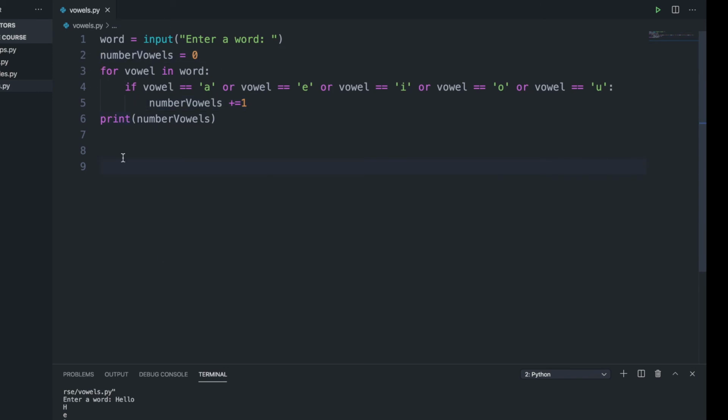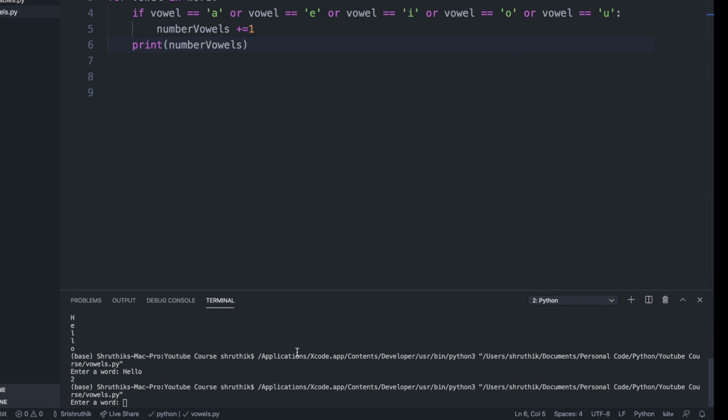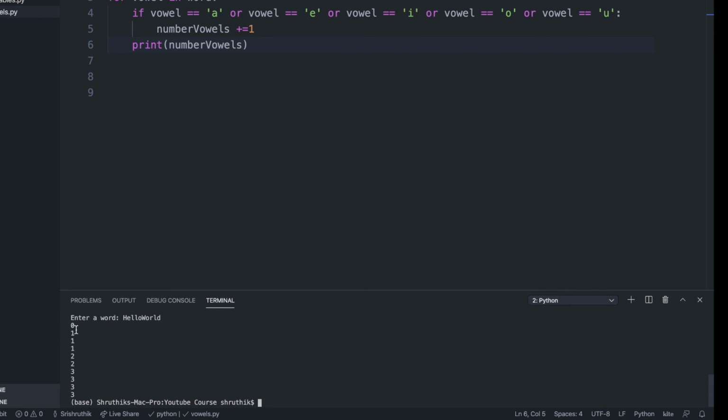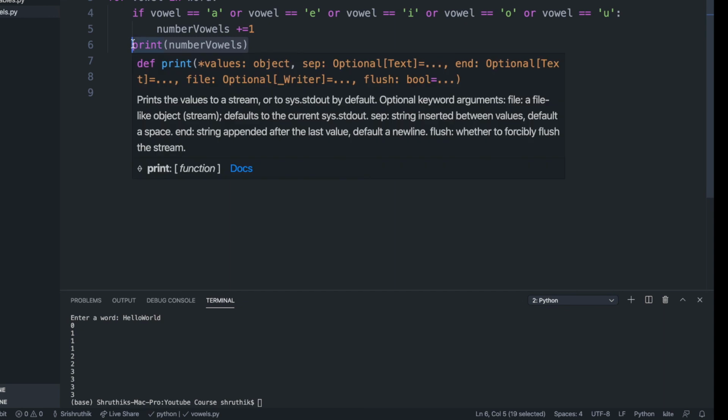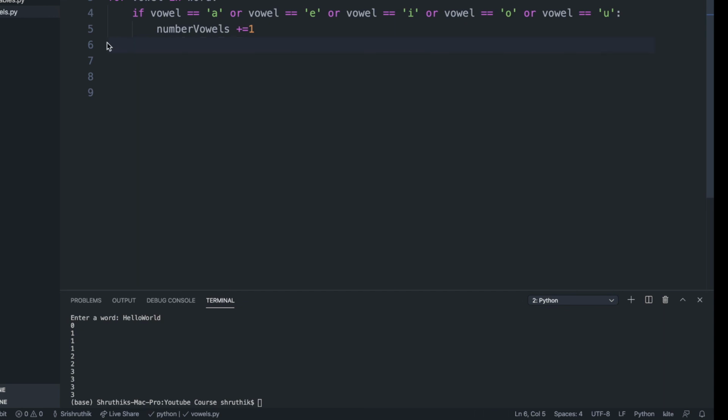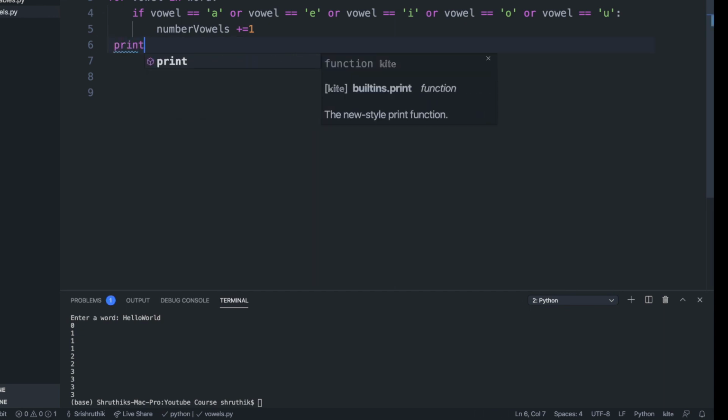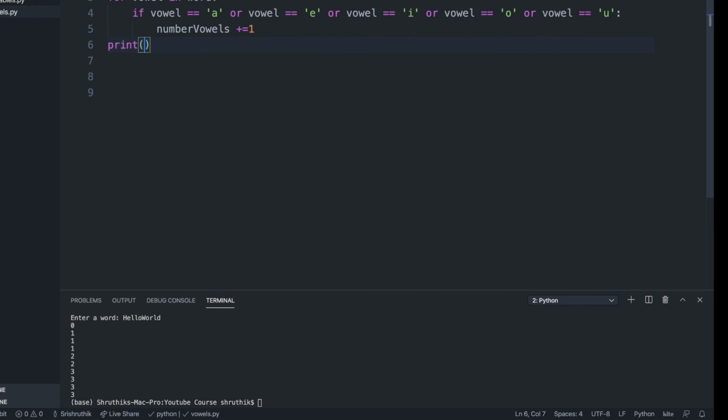And if you did notice, the reason why I didn't put the print in the for loop is, if I did put it in the for loop, you will just notice what happened. So I'm just going to say hello world, okay? It's just going to say 0, 1, 2, 2, 3, 3, 3, 3. It's going to be a little bit weird, okay? So what you want to do is just put it right here. Print number of vowels,